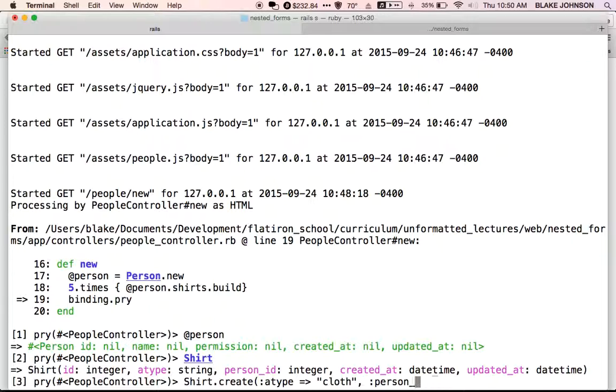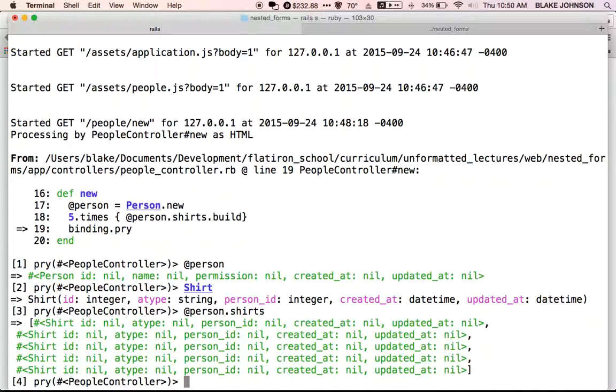But that's kind of annoying because I have to remember which person this shirt belongs to. I have a person already that doesn't have an ID because it hasn't been saved to the database yet, and I want to tell these shirts, hey, you belong to this person. When I call save, just magically put the person ID in your row because I already told you about the person you're associated with. So right now I want to associate a bunch of shirts with this person, and the way I can do that is I can say